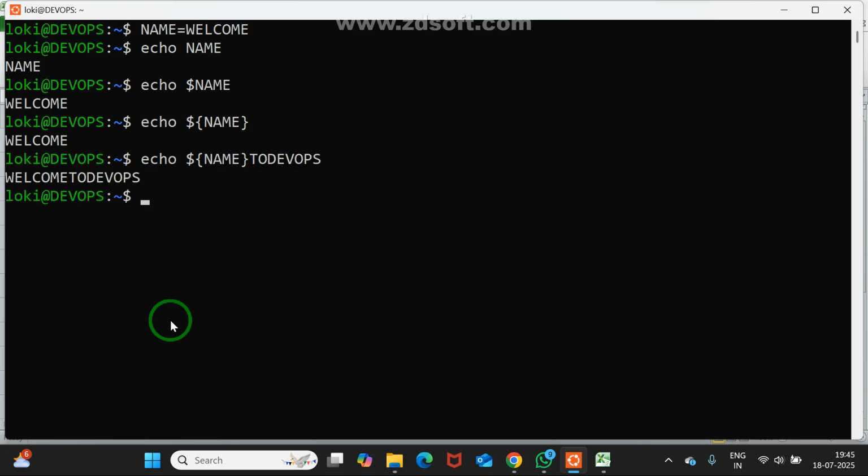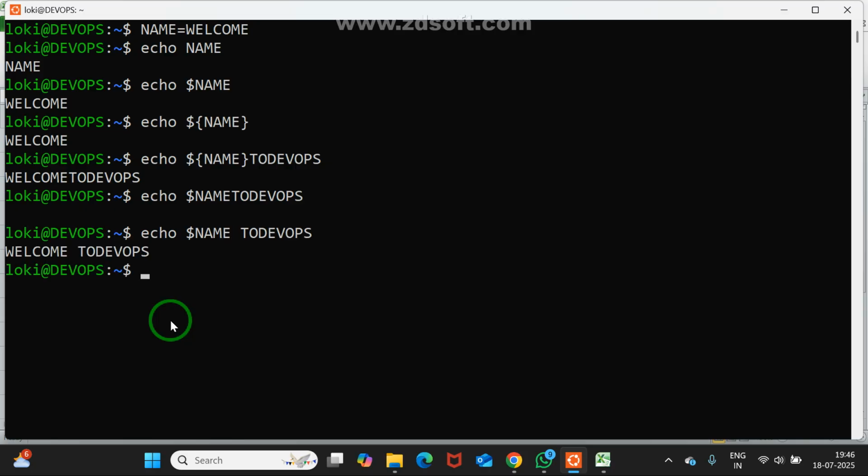Am I getting output right? Maybe some people may feel name is the variable, dollar name. After dollar name, "to" is there, right? Our feeling is that up to dollar name is name only. But if we see like this, are you able to get the output? Are you understanding or not? Yes, sir. When can I get output? If I give space, in some situations in coding, in some areas in programming, whether they know or they don't know,